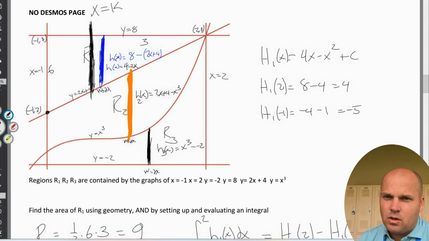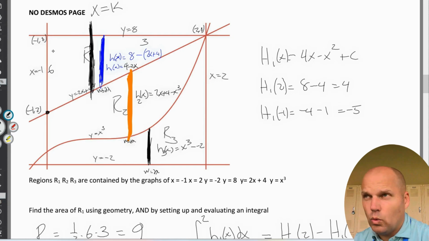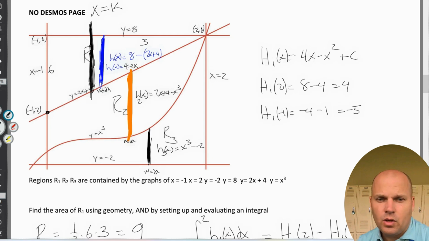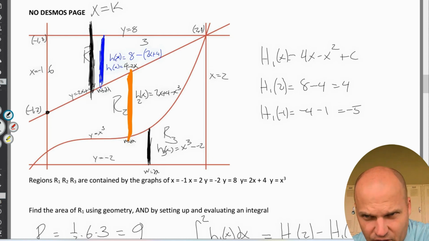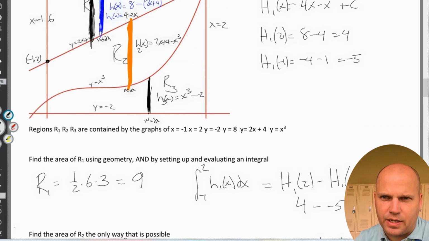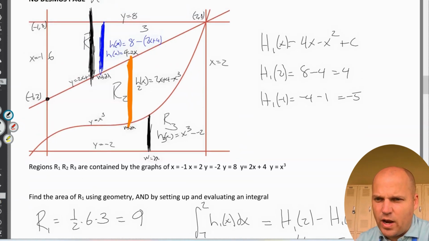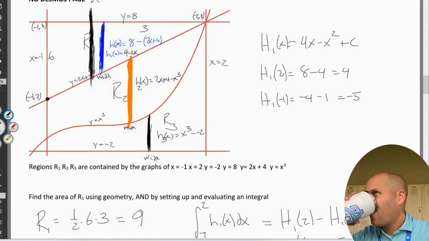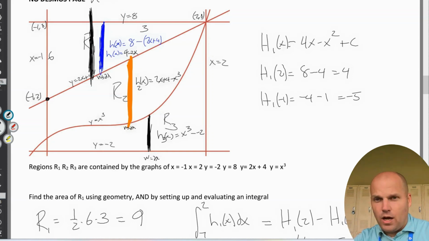And we know that the area to the left of the line will be the same as the area to the right of the line. We already know what the area to the left and the right are supposed to be because we know the overall area, so we're just going to split it in half. This is when we set up an integral equation that we then solve by using super h, where we want